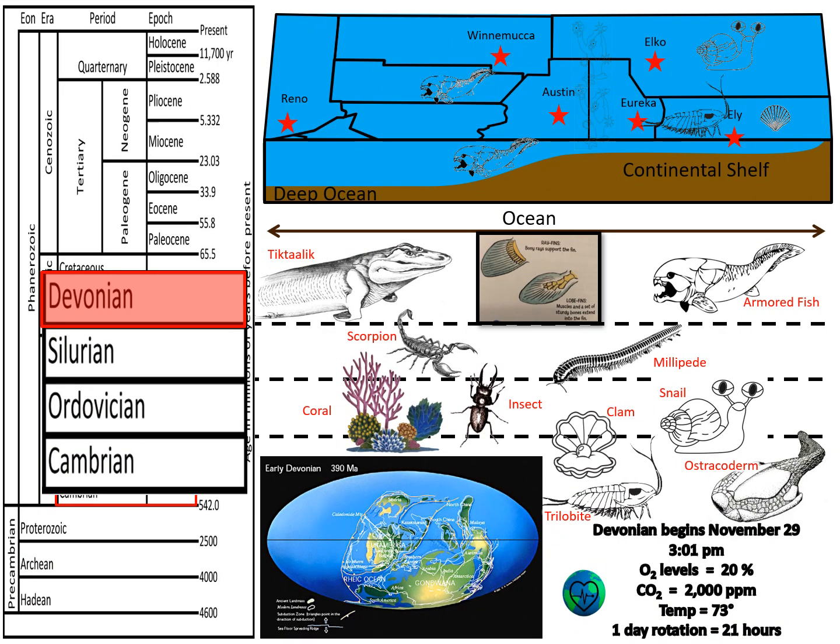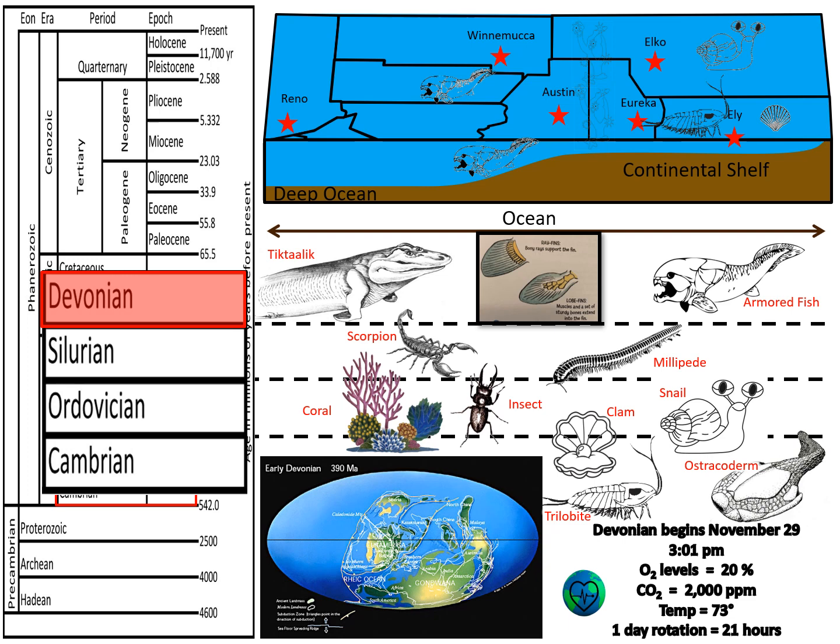It is now November 29th at 3:01 p.m. and we have just arrived in the Devonian. On land, shrubs and plants had run out of horizontal living space, so they started growing upward, resulting in our first true forests. With more plant matter and deeper roots, significant amounts of soil began to form which would support even more plant life. Bugs had gotten bigger, feasting on all the decaying plant matter.